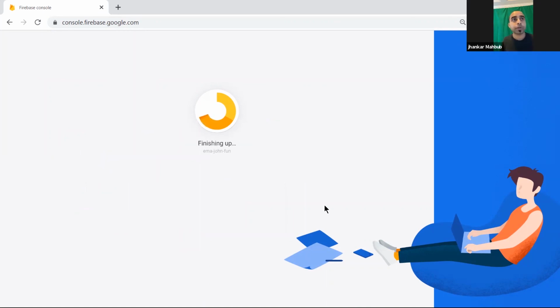Like in MongoDB, when we're trying to log in using Google, Firebase is the one that makes it much easier. There are other services like this, called Auth0, and a few other recent ones also give you this.